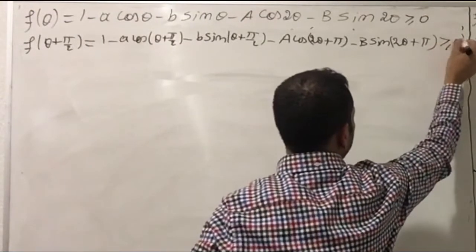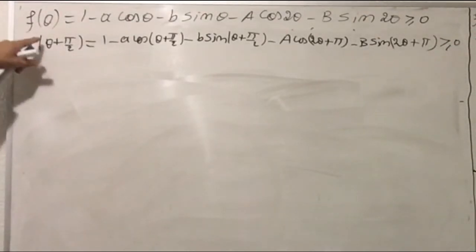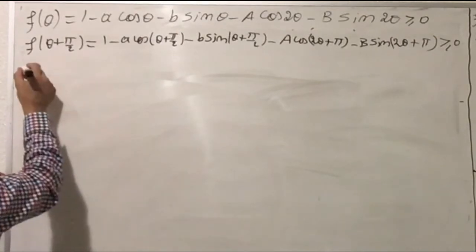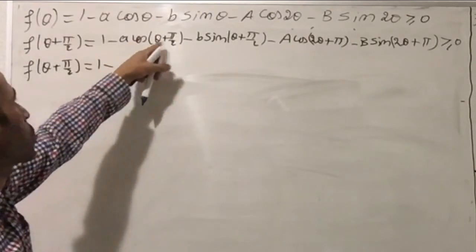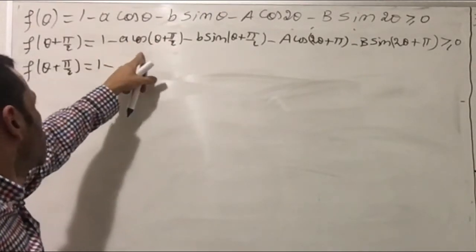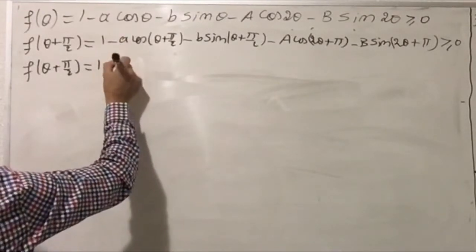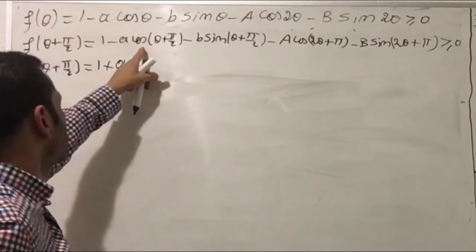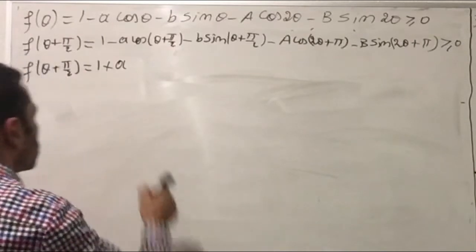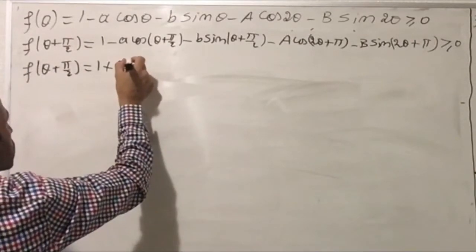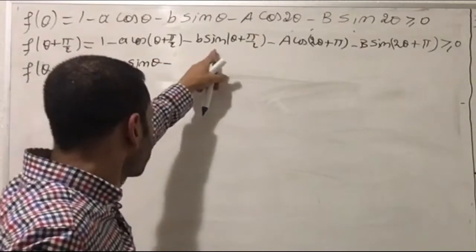Superior or equal to 0 always, okay? So now what I'm going to do, I'm going to add the first inequality and second inequality to see what's the expression. So the cosine of theta plus pi over 2, so cosine of theta multiplied by cosine pi over 2 equal to 0, okay? For the sine, I have to have the sine minus plus, with minus, you have to have plus. So for the sine, I will have sine of theta multiplied by sine pi over 2 with sine of pi over 2 equal to 1. So this means a sine pi over 2. This means sine of theta. Okay? For the sine,